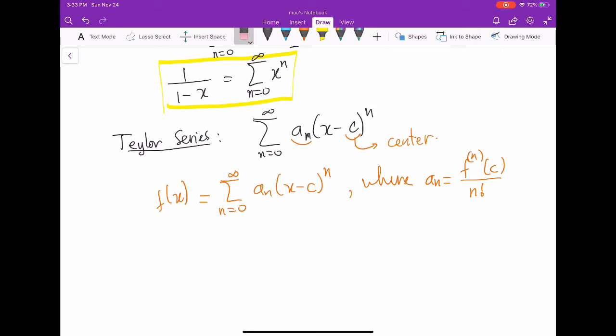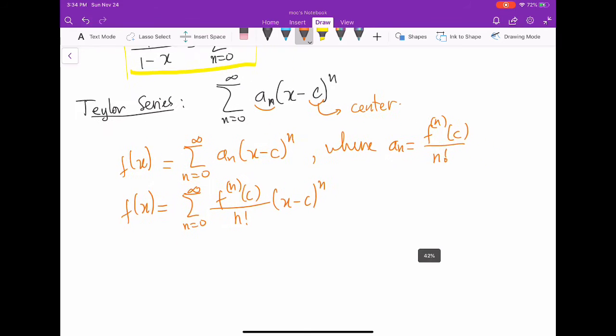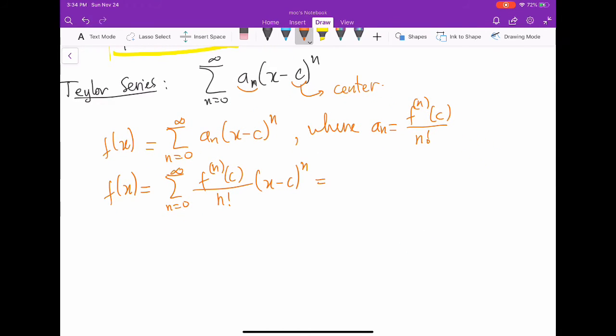So what does it mean? That means your function can be rewritten as the series from 0 to infinity of f^(n)(c) over n factorial times (x minus c)^n. When n is equal to 0, it's just f(c). When n is equal to 1, you have the derivative at c over 1 factorial, and then the second derivative at c over 2 factorial